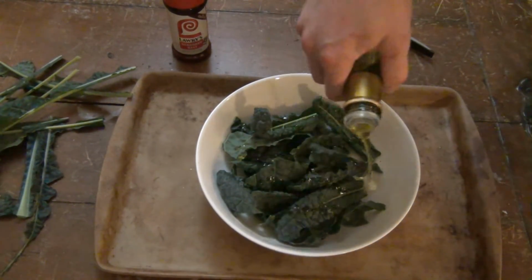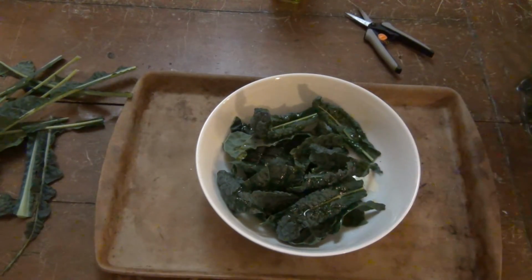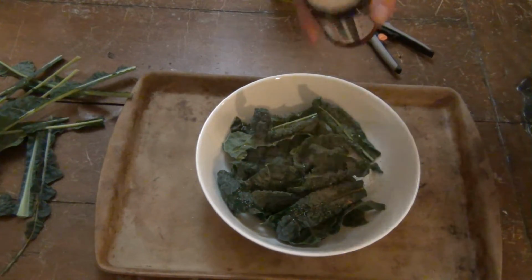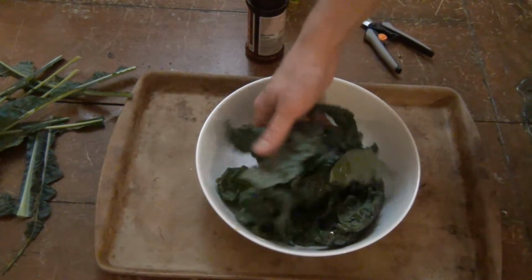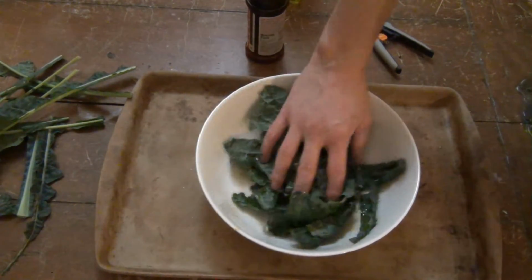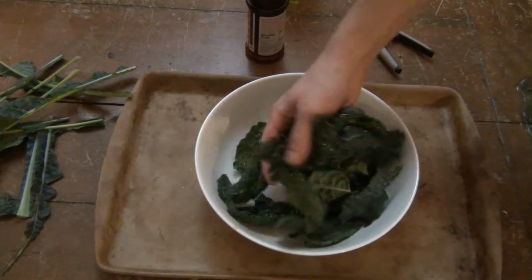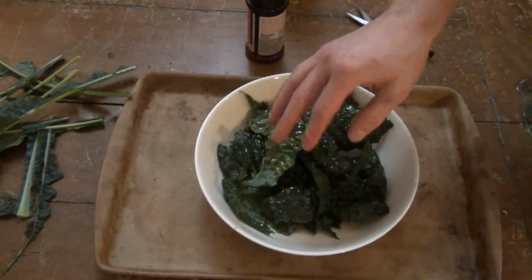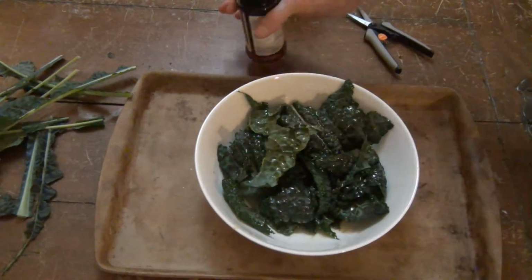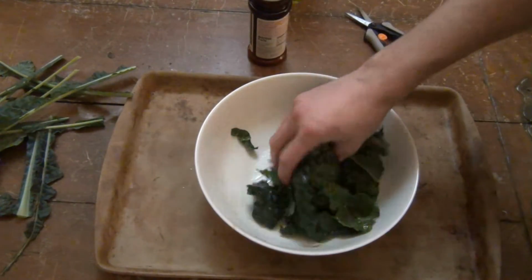So I'm just going to get some olive oil in a bowl, and then I'm going to throw in some seasoned salt that I have here. And now I'm going to mix it around kind of like a salad. Make sure that the oil gets pretty much everywhere so that the seasoning will mix and stay on. And add more or less seasoning if you think you have to. I think I might throw on just a tiny bit more. And once you've got it all mixed up good,